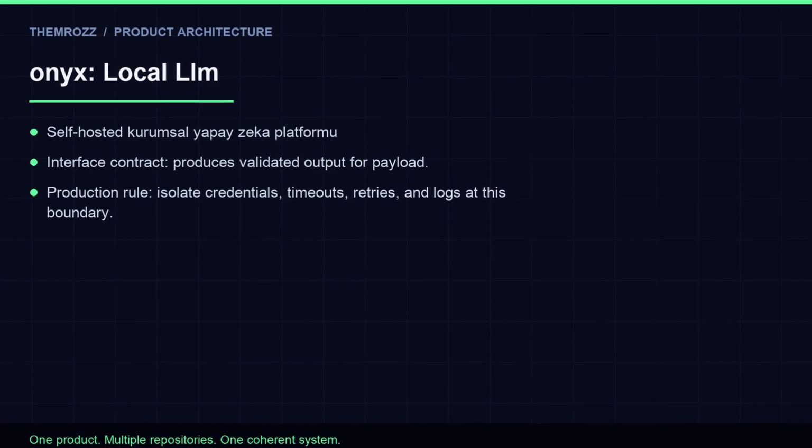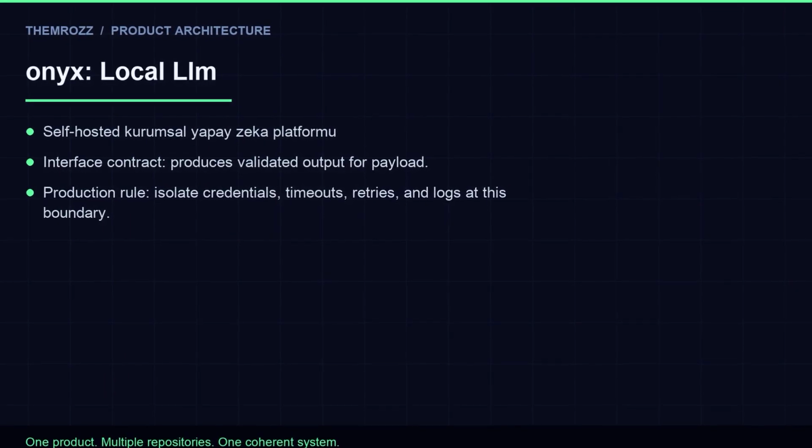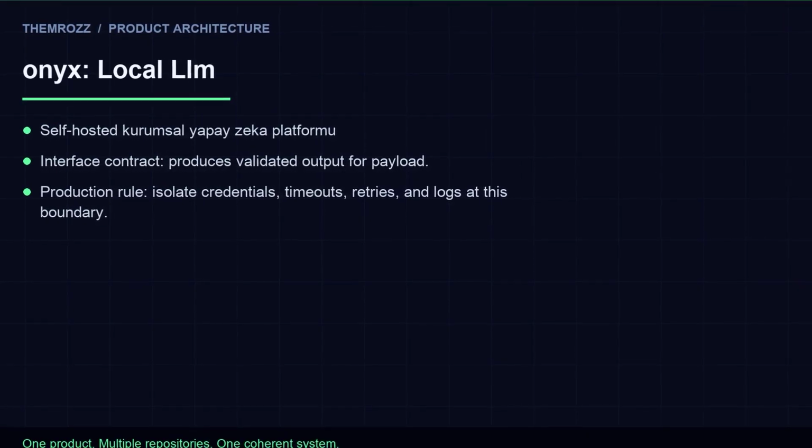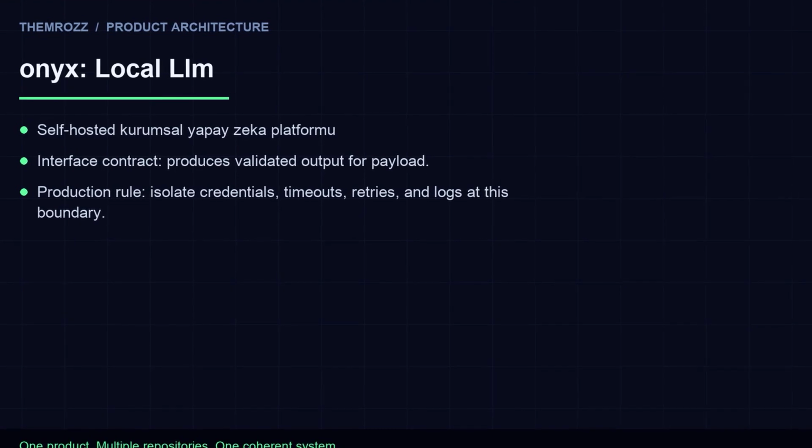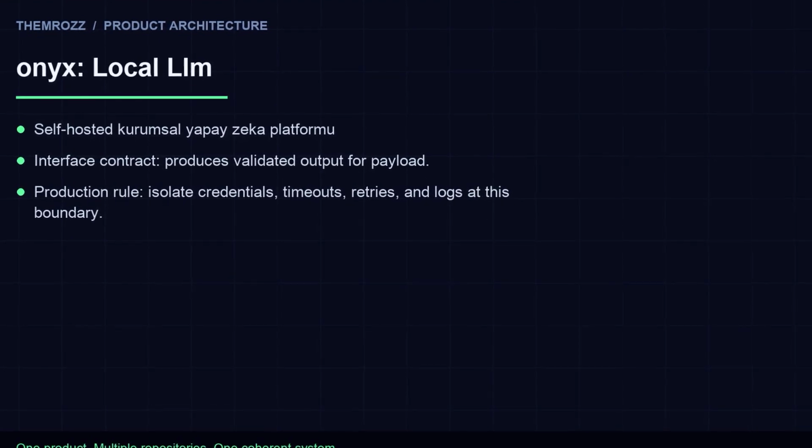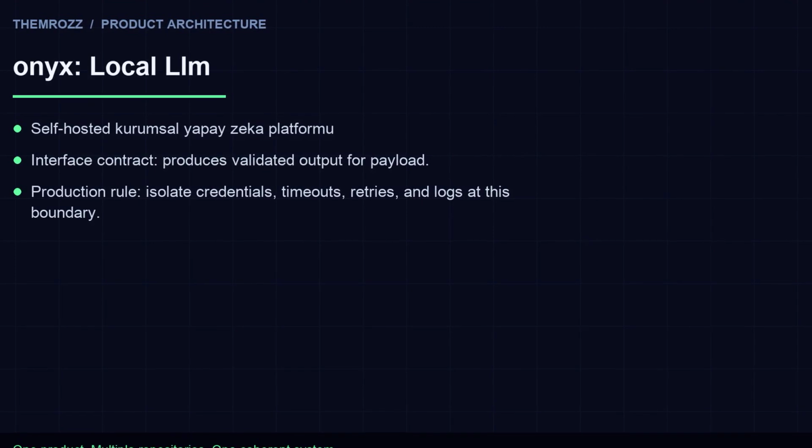As we dive deeper into the architecture, let's trace a voice request through the complete system. When a user speaks to the voice assistant, the audio is captured and sent to OmniVoice-Studio, which uses its speech capabilities to transcribe the audio into text. This text is then passed to Onyx, which acts as the local large language model, to process and understand the intent behind the request. Onyx's advanced capabilities, such as RAG and deep research, enable it to generate a response to